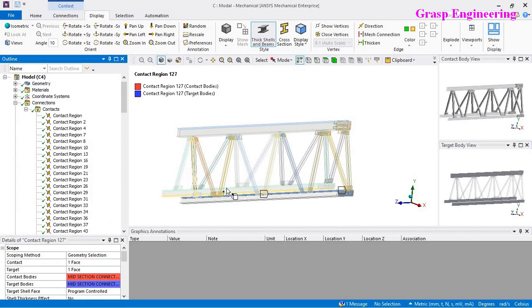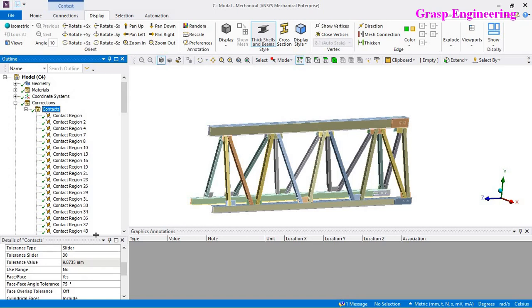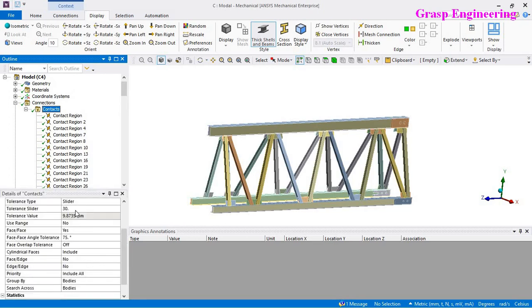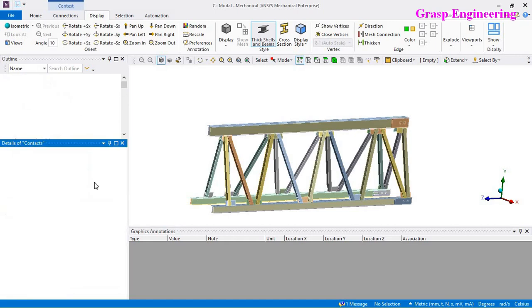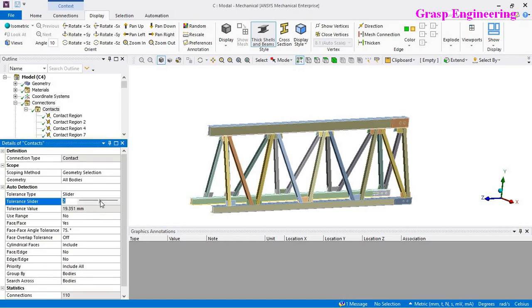Sometimes what happens is you have a higher tolerance value, which you can find from here. Let's zoom in so that you get an idea.